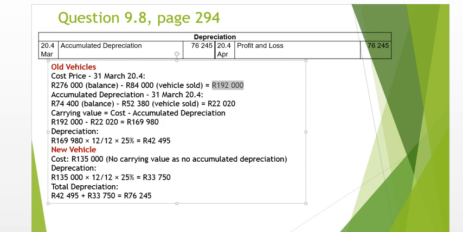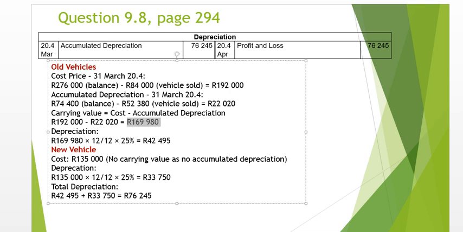And we need to do the same for our accumulated depreciation. So our balance was 74,400 Rand, less than the vehicle sold accumulated depreciation of 52,380, gives us then a total accumulated depreciation on our older vehicles of 22,020 Rand. So now we need to calculate our carrying value, and our carrying value is of cost price of 192,000 Rand, less accumulated depreciation of 22,020 Rand, giving you a carrying value of